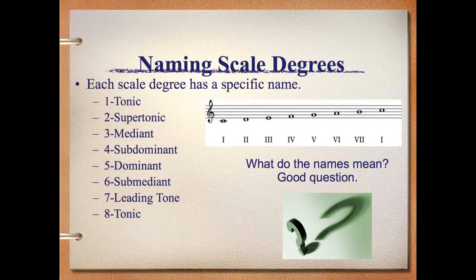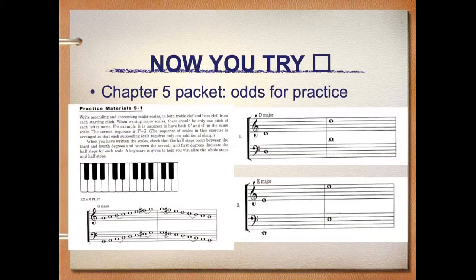So the first scale degree to review is tonic, as we've already discussed. Scale degree 2 we call supertonic. The 3rd scale degree is mediant. 4th is subdominant, which is below the dominant, which is scale degree 5. Submediant is 6. The 7th note of the scale is the leading tone, and this is perhaps one of the other very important notes, because when we are using chords, the leading tone will lead us back to home. There's a leading tone that wants to go back to here.